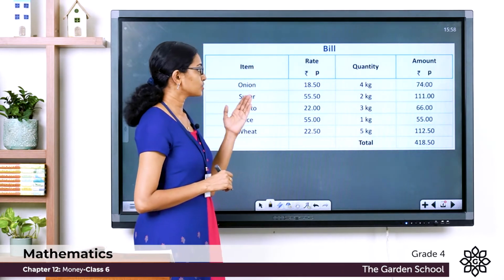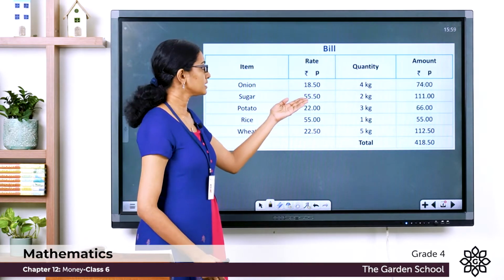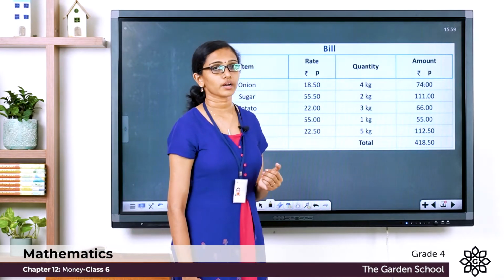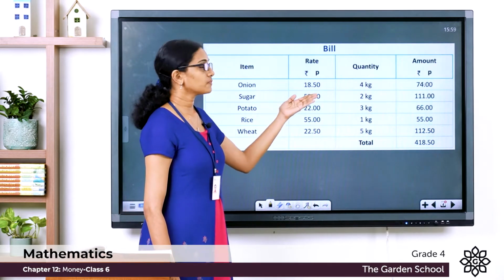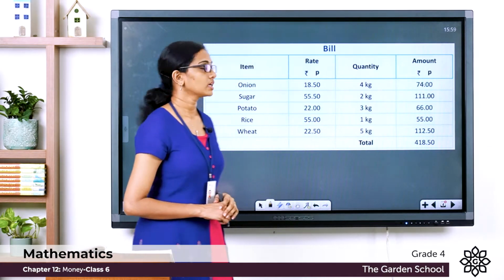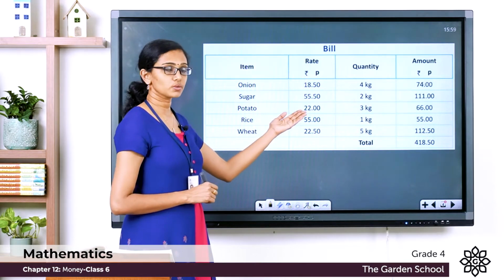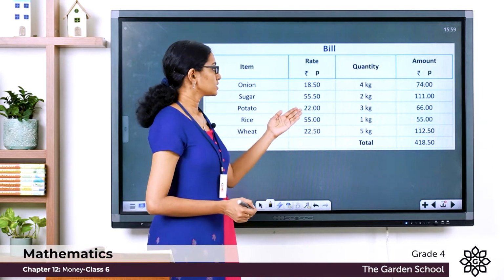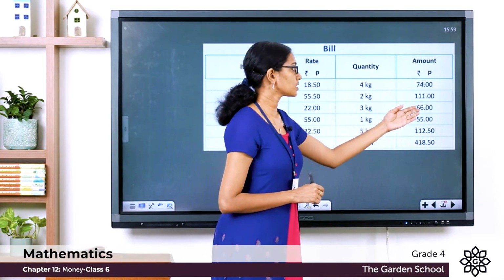Now, the second item, sugar. The rate per item, or the cost of 1 unit or 1 kilogram, is 55 rupee 50 paise and the quantity he bought is equal to 2 kilogram. So, the total cost of this sugar is equal to 55 rupee 50 paise into 2 kilograms, that is equal to 111 rupee. Now, the third item, potato, and the rate per item is equal to 22 rupee. He bought 3 kilograms of potato. So, the total cost will be 22 rupee into 3 kilogram or 3 into 22 rupee,